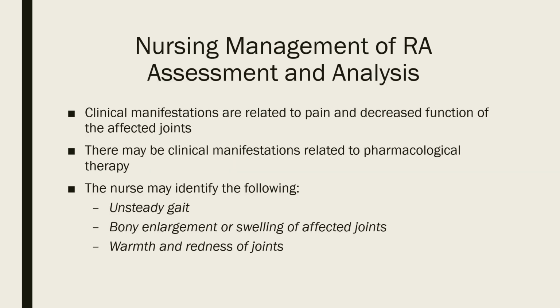So, nursing management of rheumatoid arthritis. Clinical manifestations are related to pain and decreased function of the affected joint. There may be clinical manifestations related to pharmacological therapy. So, the nurse may identify the following: an unsteady gait, bony enlargement or swelling of the affected joint, warmth and redness of the joint,